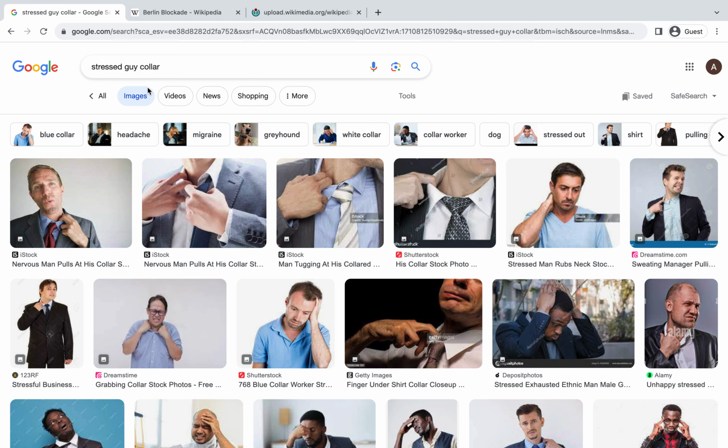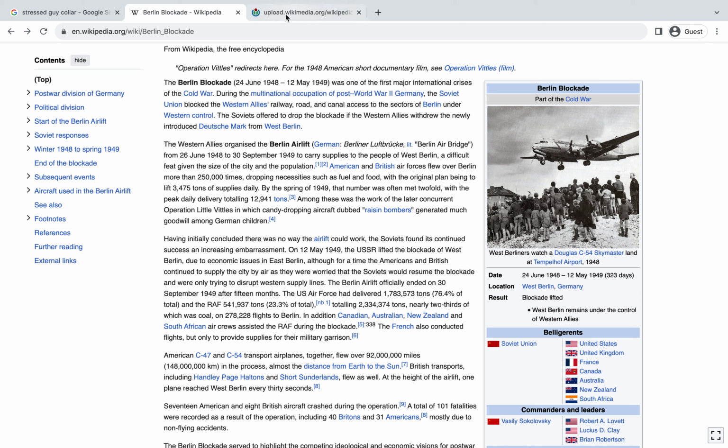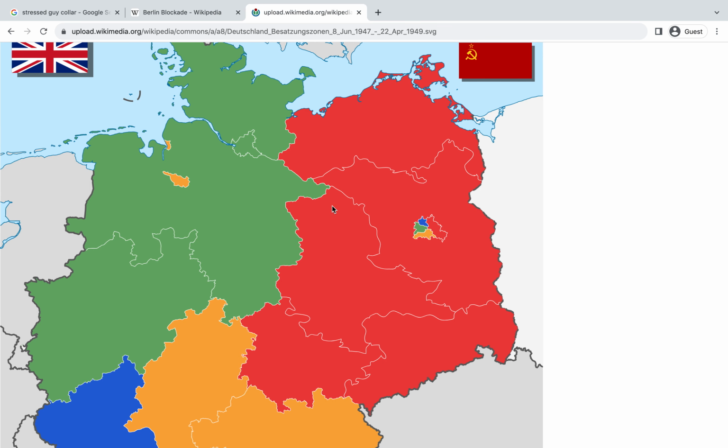Once again, I go back to this guy here with the stress collar. Just, whew! Could have had total war. Stalin could have blocked these, and Truman said, you know what? We're going to fight you. Those are ours. But Truman and his cabinet, I am certain, came up with the plan to fly all of these in.